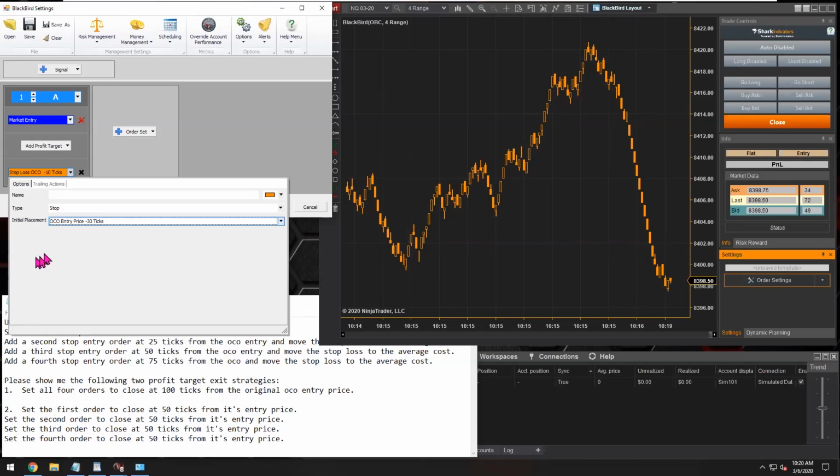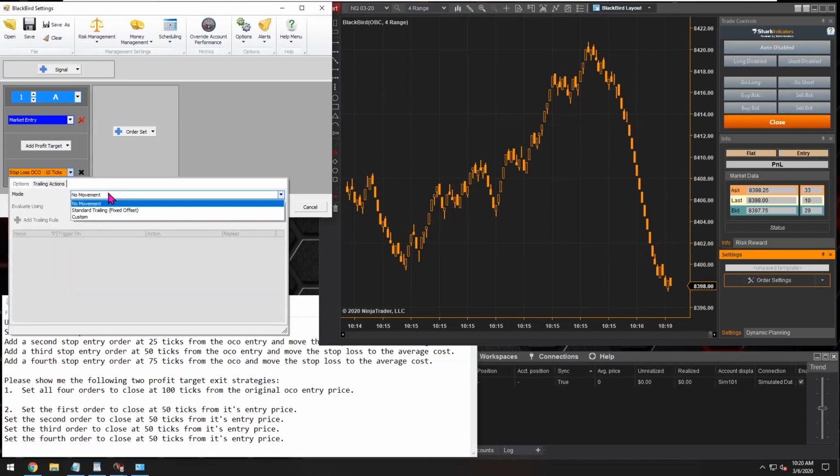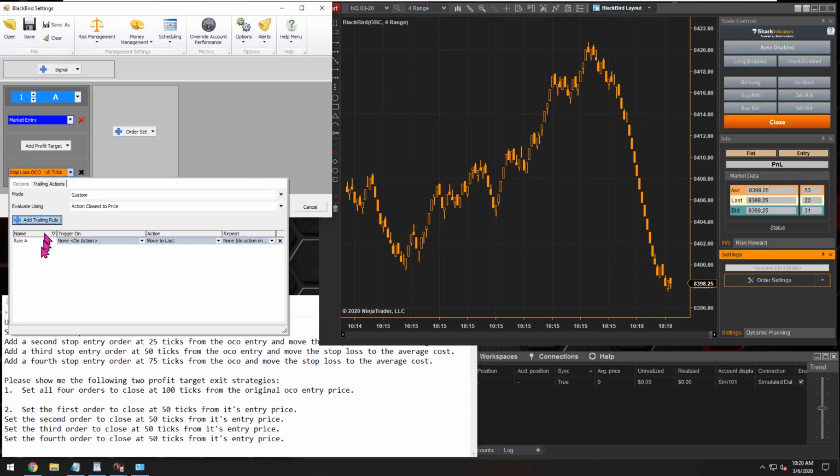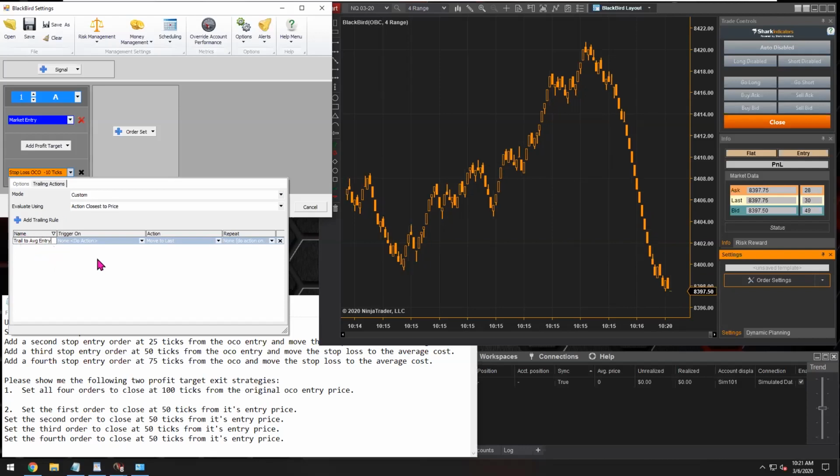All right, and then for the trailing, we're going to build a custom trailing here. And then we're going to add a trailing rule right here, this button. There. Okay. So we're going to trail to the average entry price as the average entry price changes. We can skip the trigger because we want this trailing to